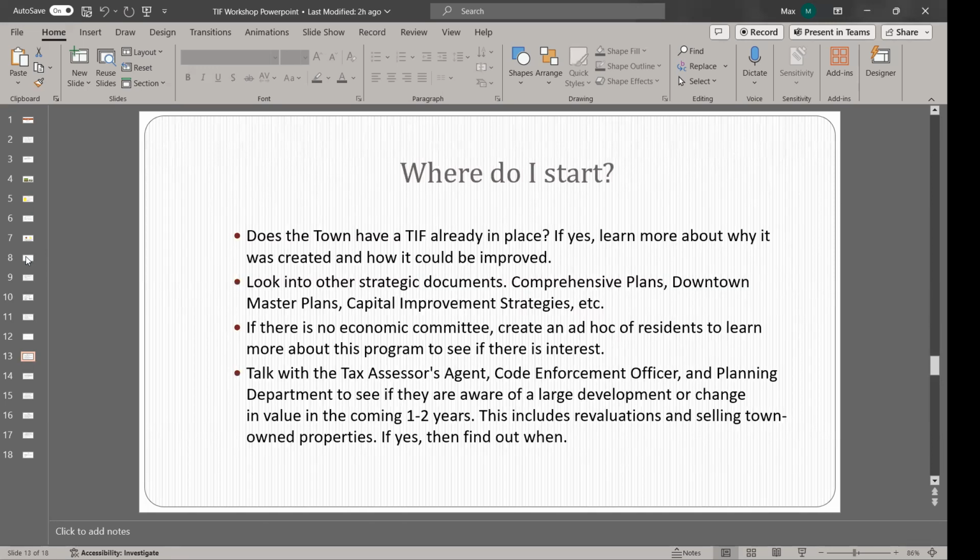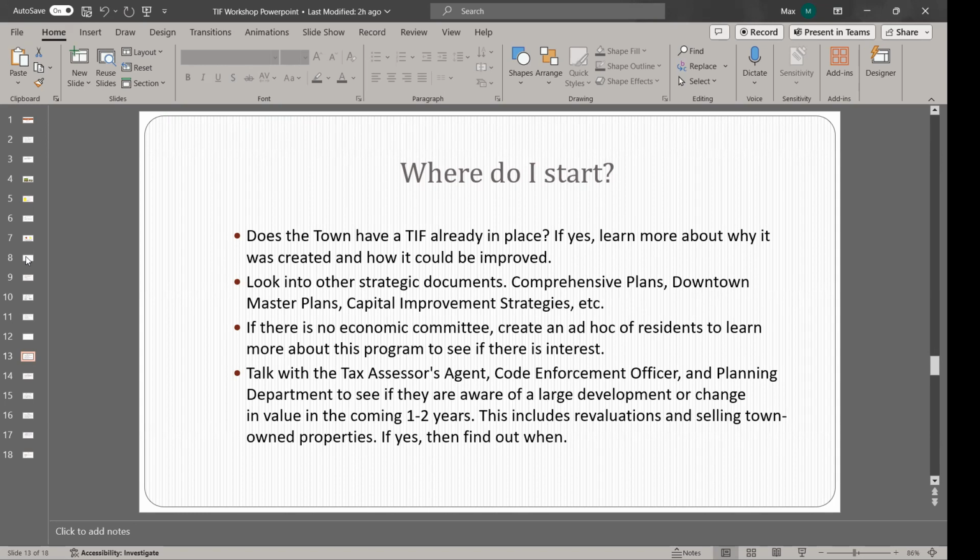So, you haven't run away yet, so maybe you're still interested in creating one. So where do you start? Well, first see what your town has for resources. Does your town already have a TIF in place by chance? Some towns approved TIFs ages ago, but apparently forgot that they had it in place. So there's probably a TIF that's accumulating some resources already. And you just need someone to help implement what it was intended for.